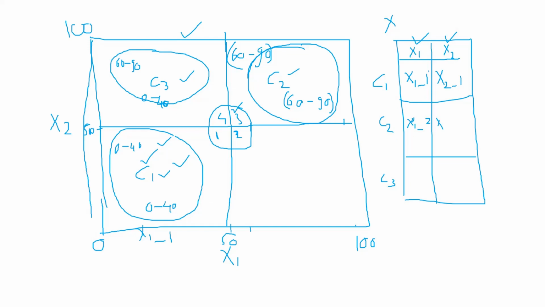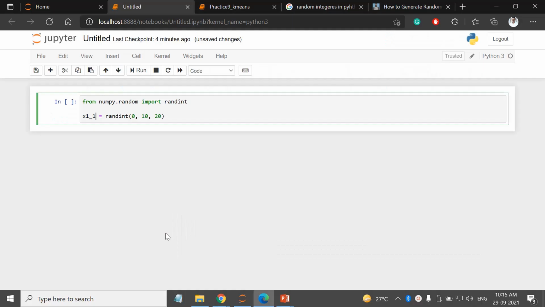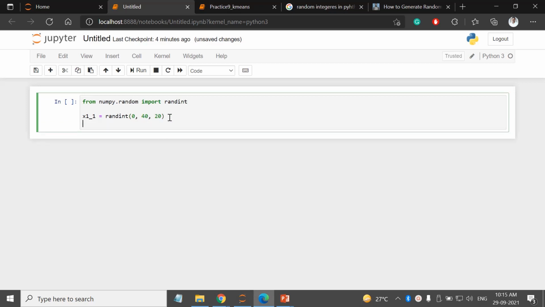In order to generate x1_1, we have the range, right, 0 to 40. x1_1 should lie in 0 to 40, and I want 20 such elements.